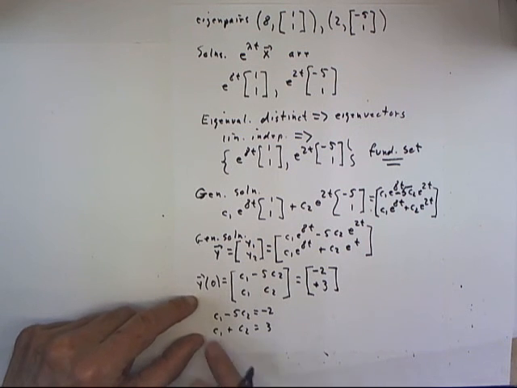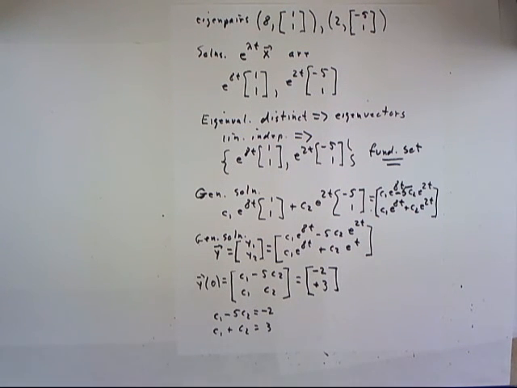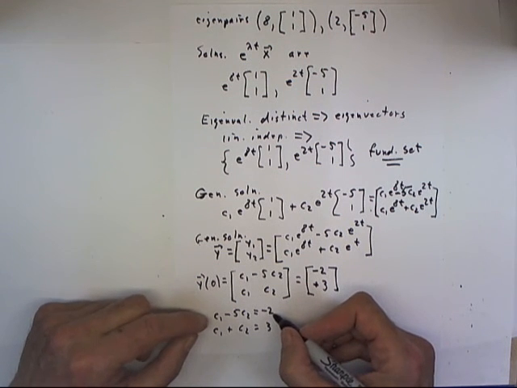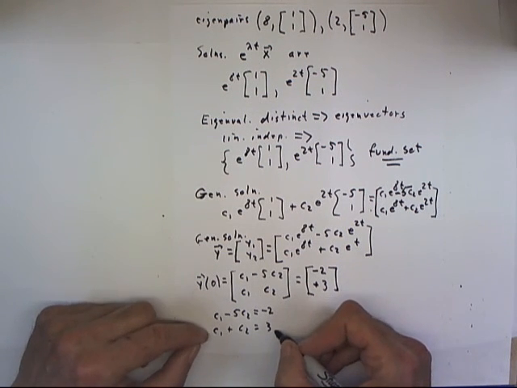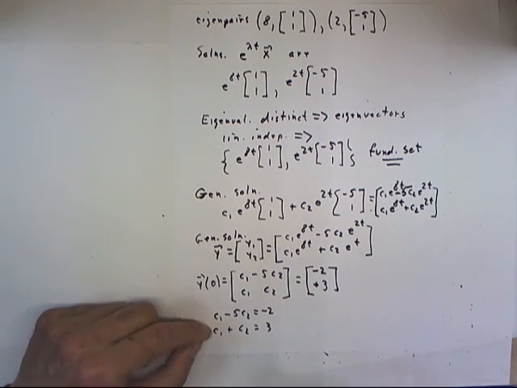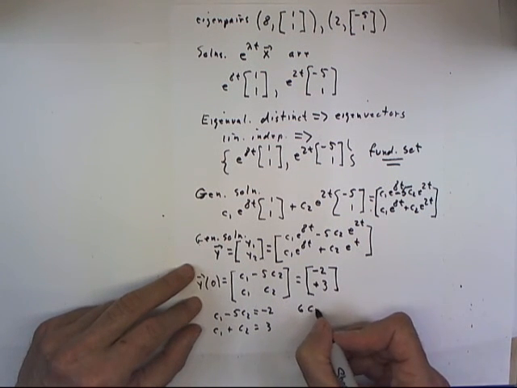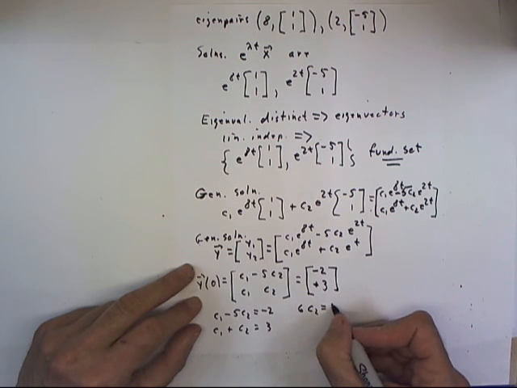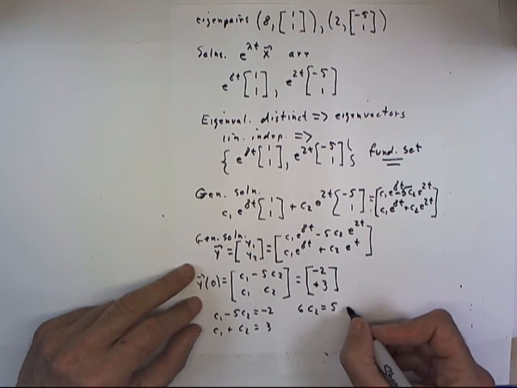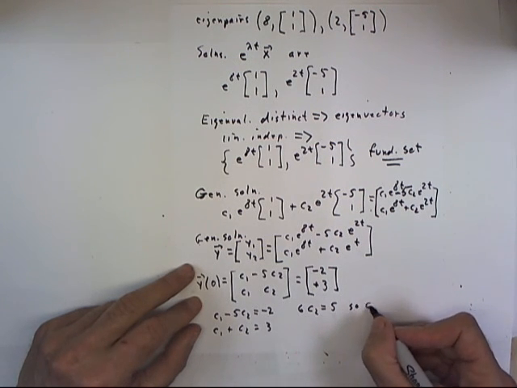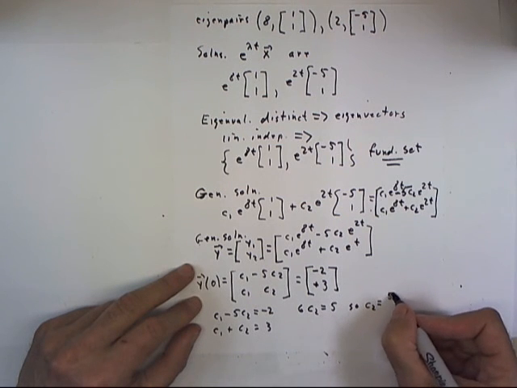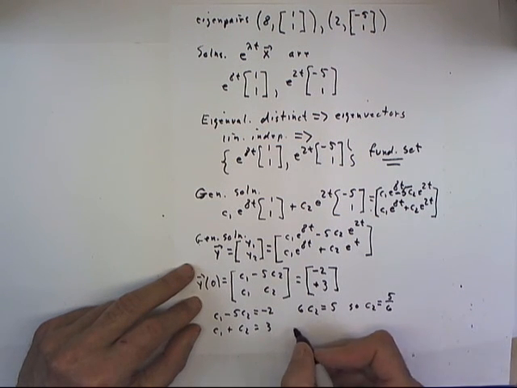So we have this. If we multiply the first equation by negative 1 and add it to the second, C1 is going to go away. We're going to get 6C2 equals 5, so that C2 equals 5/6, and then